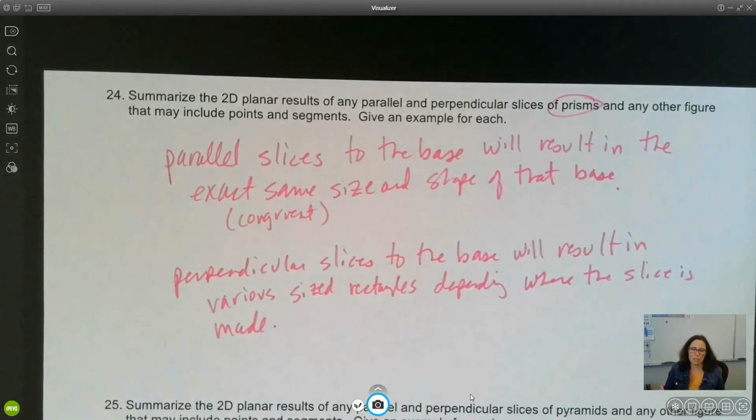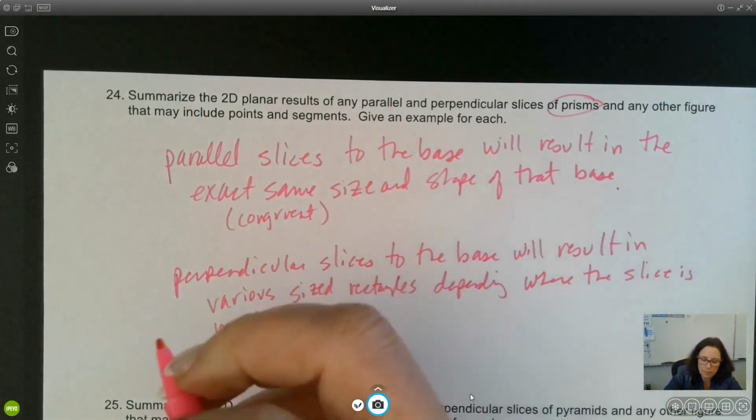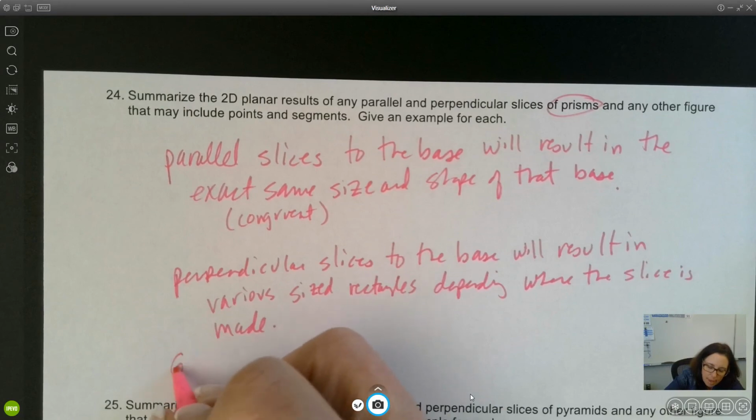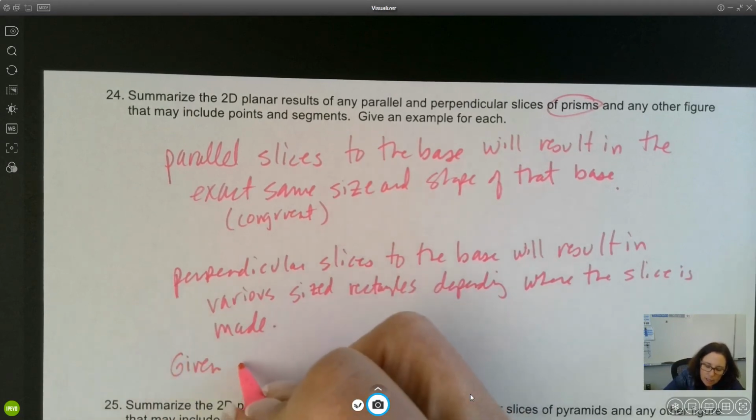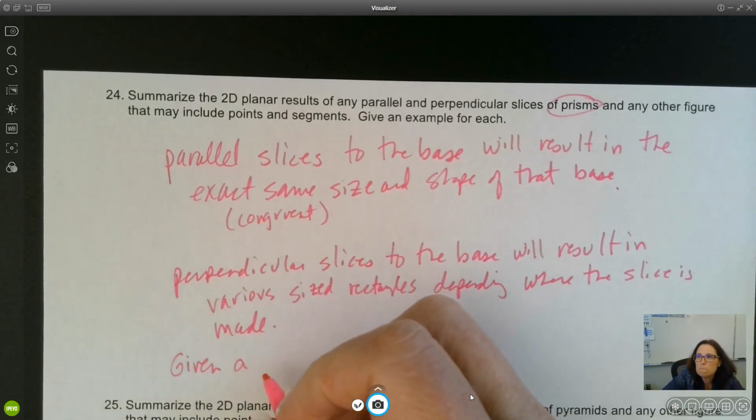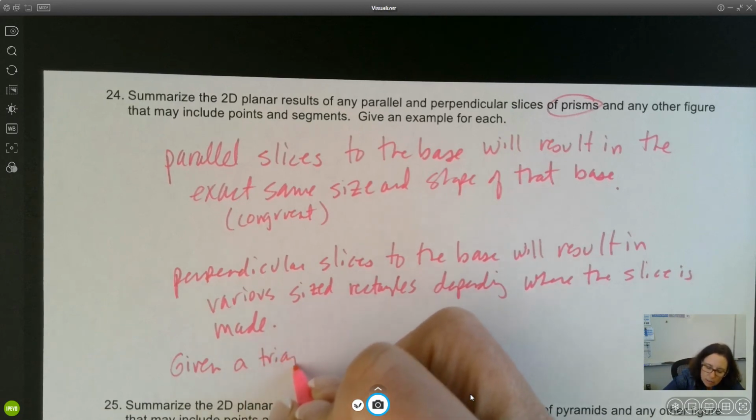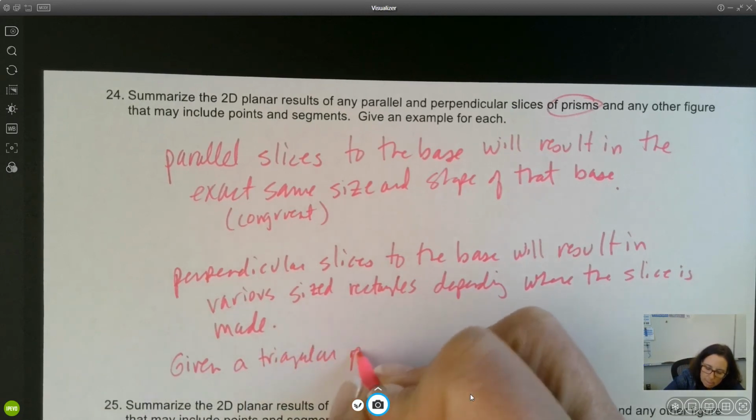Let me give you an example. Given a triangular prism,